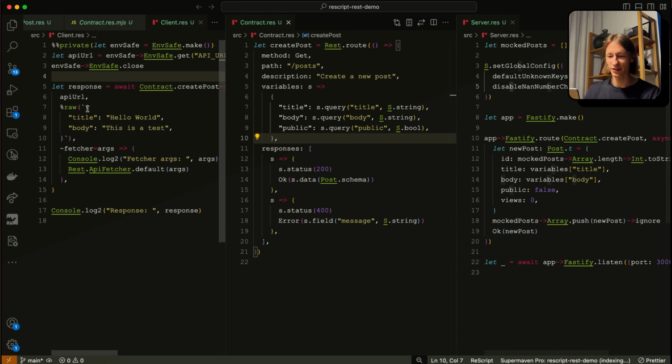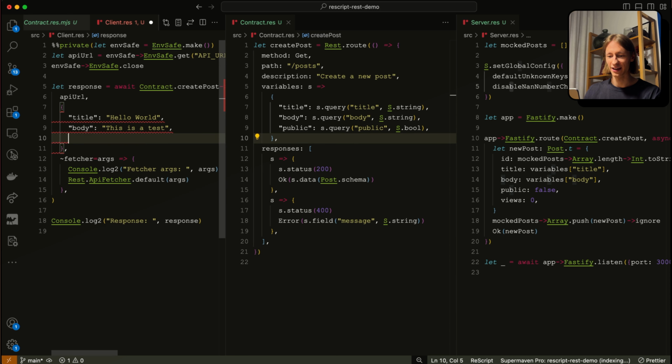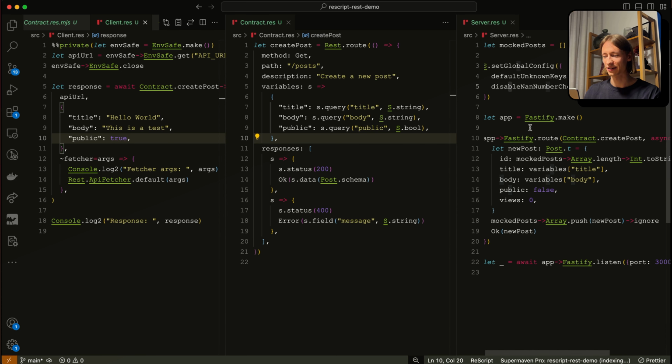The reason why is because we use raw here, my bad. So after I remove raw, we finally have a validation error saying that you forgot to send a field public. So if we add it here, we are not going to have any validation errors because